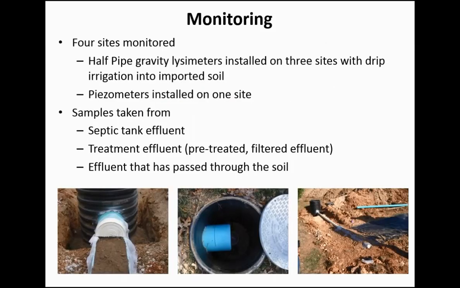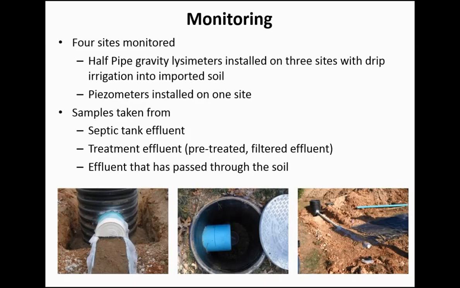Monitoring, as I mentioned before, was done at 4 sites. We used a half-pipe gravity lysimeter, which was installed on 3 sites with drip irrigation into the imported soil, and piezometers were installed on 1 site. The samples were taken from the septic tank effluent and treatment effluent, pre-treated filter effluent, and the effluent that has passed through the soil. So these gravity lysimeters collect treated wastewater as it percolates through the saturated soils,